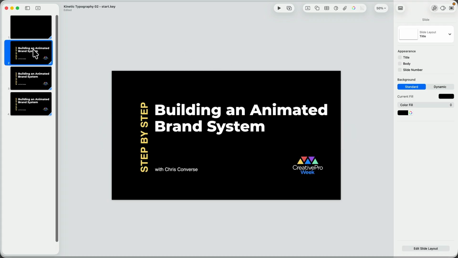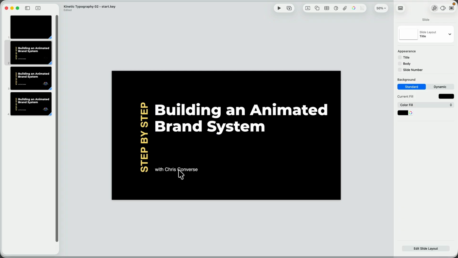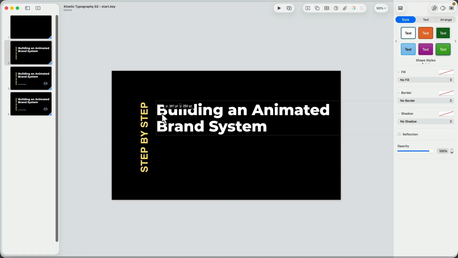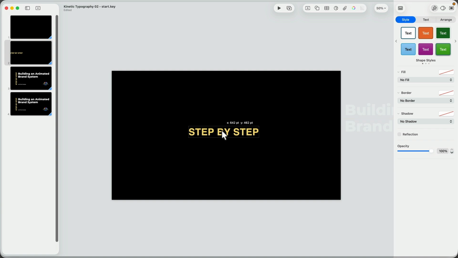Slide 2, we're going to have the step-by-step in the center, and we'll move the build and animation system off to the right-hand side. So again, I'm going to get rid of the logo here and here. And typically we work backwards in this particular technique. So let's move the title over to the left. Let's grab step by step. Let's rotate this back, put this back in the center. And so now what's going to happen is we're going to go to slide 1.